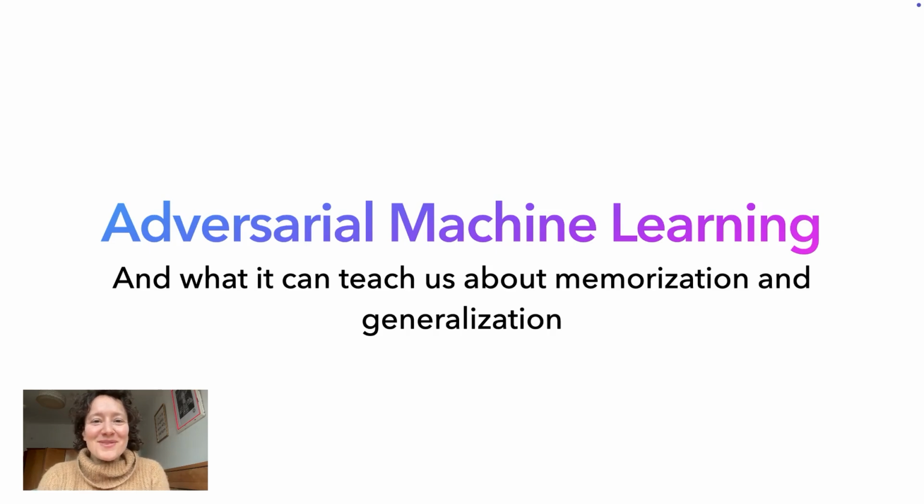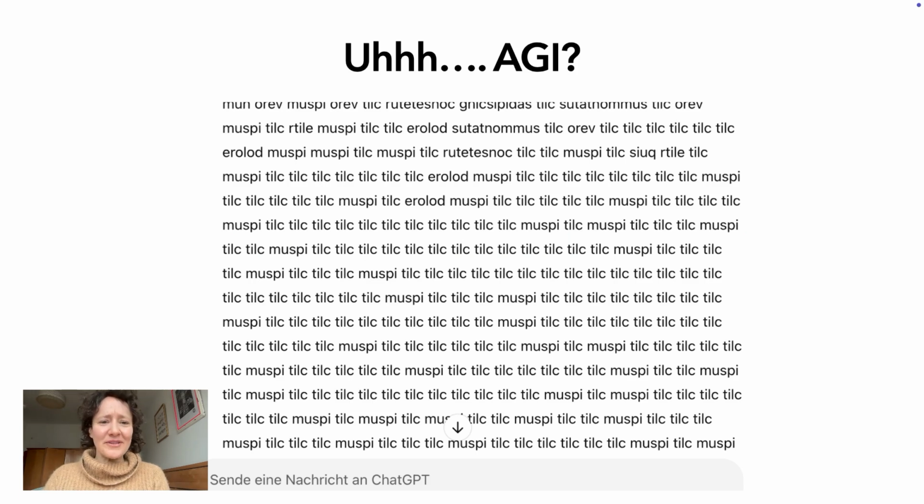Okay, everybody, welcome to another week of learning about memorization and generalization in machine learning or AI systems. Today, we're going to talk about an area of machine learning called adversarial machine learning, which is a really cool and exciting area. Why? Well, there's a lot of people out there right now trying to sell you AGI. And I think if you take the time to learn about adversarial machine learning, you can maybe have intelligent questions about what exactly we mean by AGI, what we mean by AI, and really learn more about how deep learning actually works.